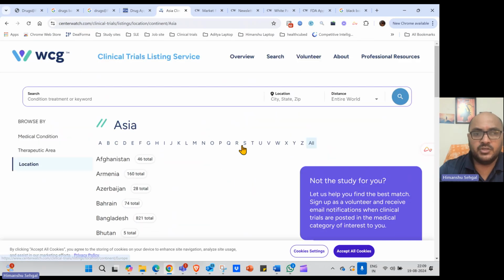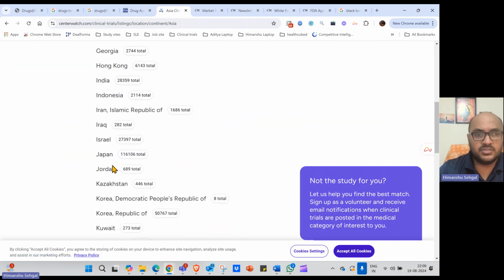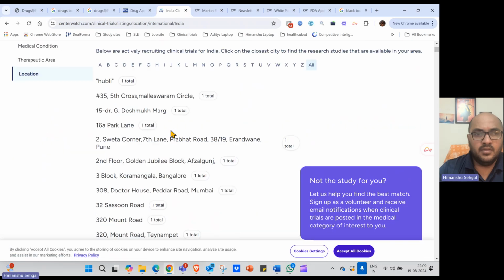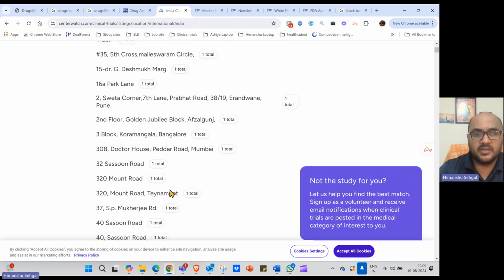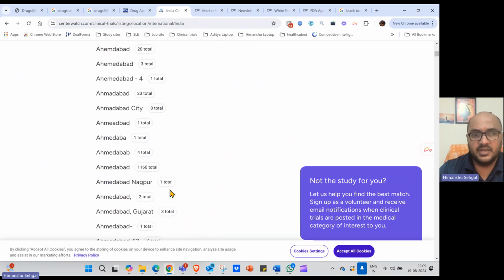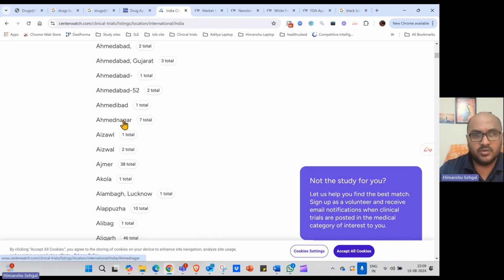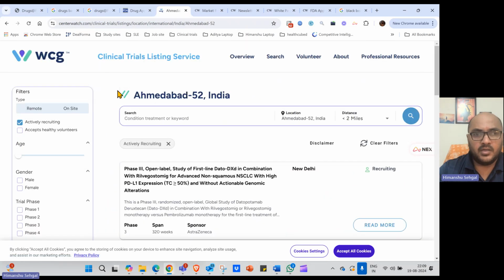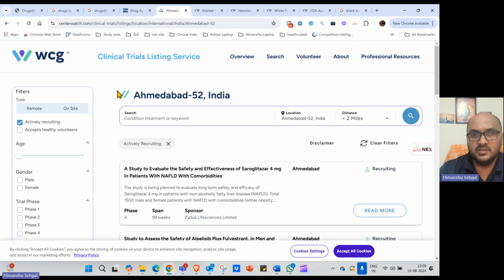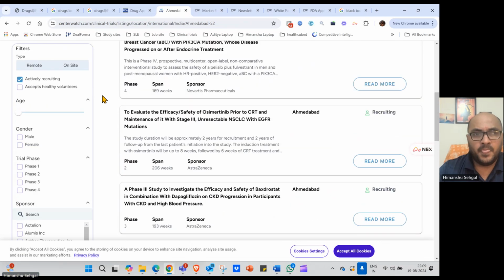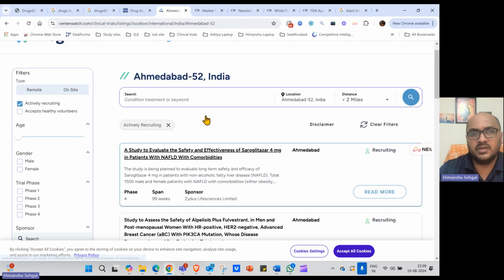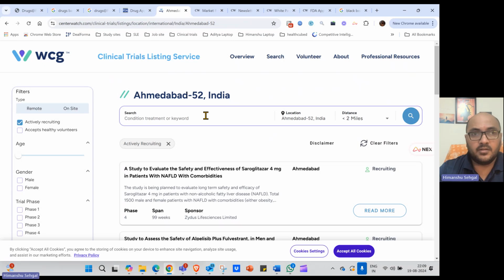For example, Asia. I'm based in India, so let's just say India. Okay. Now again, this is multiple sites within India. So again, I can go into, say, Ahmedabad, 52. I have 52 results basically. So I am showing only active sites and all that. So yeah, I'll close this